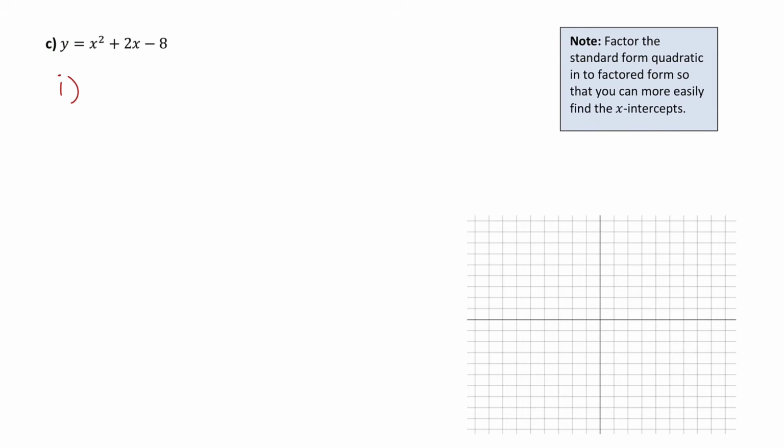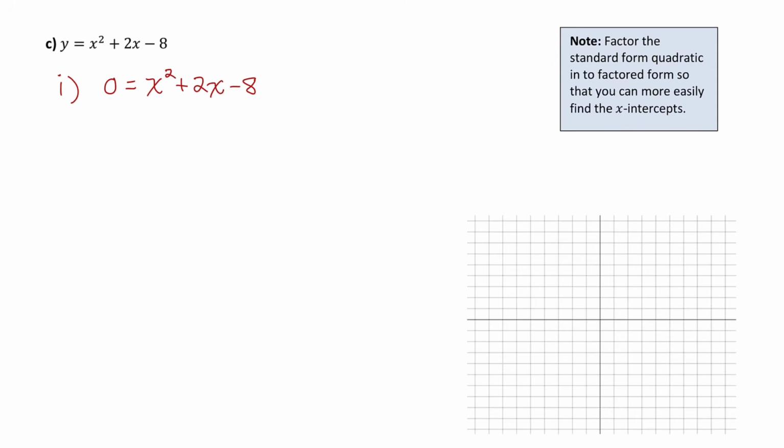So if I set y equal to 0, I now need to find what values of these x's make the sum of these terms be 0. Well, finding when a sum of terms is 0 is a lot more difficult than finding when a product of factors is 0. So we actually need to get this into factored form